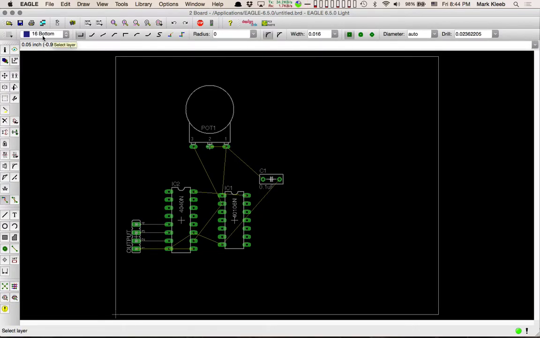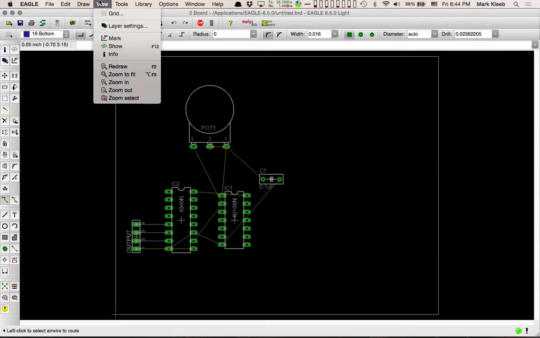Up here, it says 16 bottom. Is that what it says for you guys? This is telling me what layer I'm on, right? I have the option to choose between top or bottom. And if you pay for Eagle, I think you have 6 options. It doesn't matter whether I use top or bottom so long as I stay consistent, right? So I can stay on the bottom or I can just stay on the top. But if I want to just stay on one layer, I don't want to have both red and blue. Sorry, I don't have that option. You see it here? You don't have these? Yeah, how can I